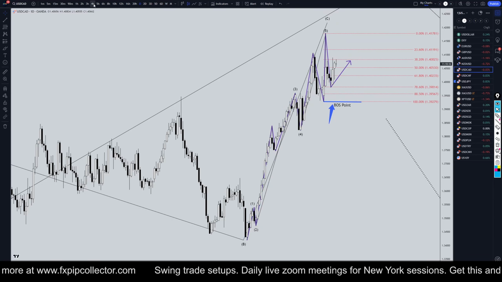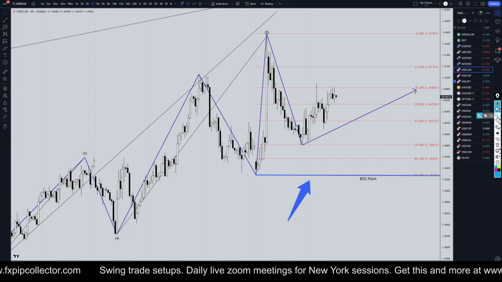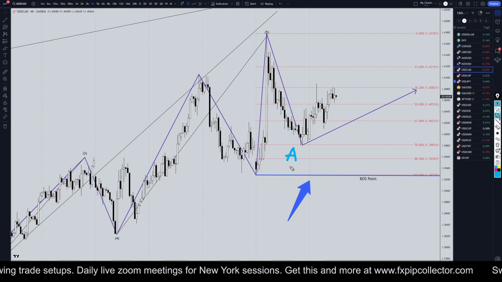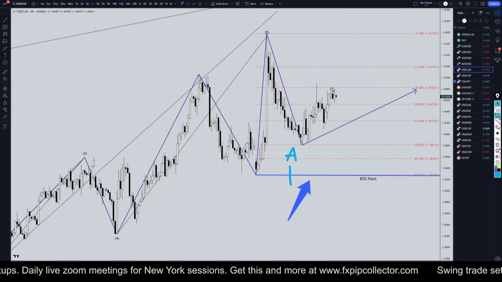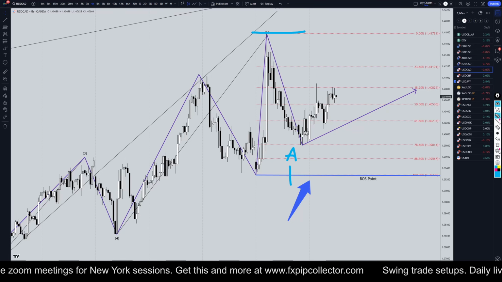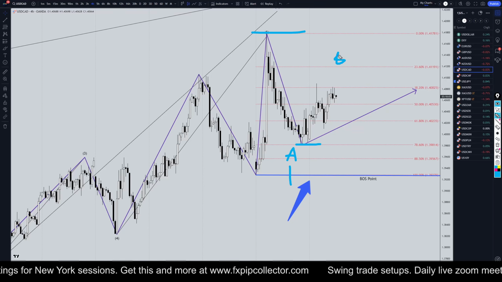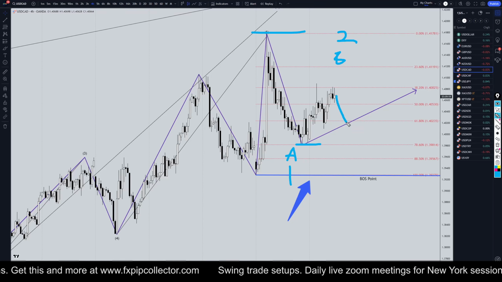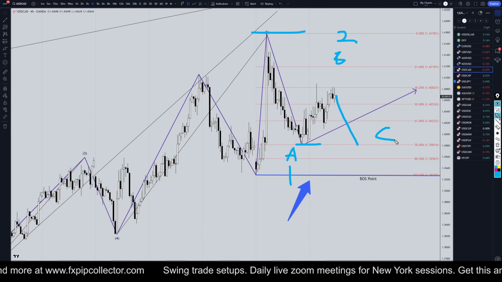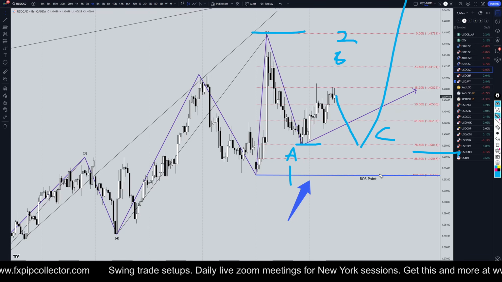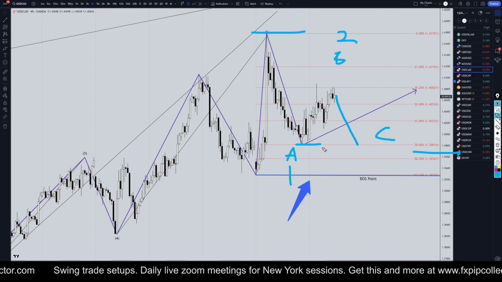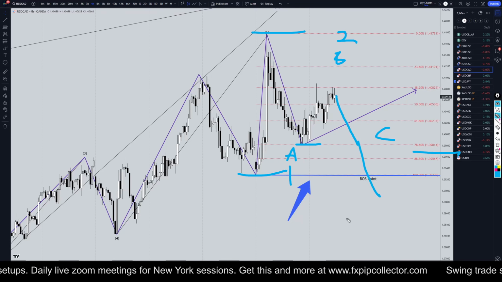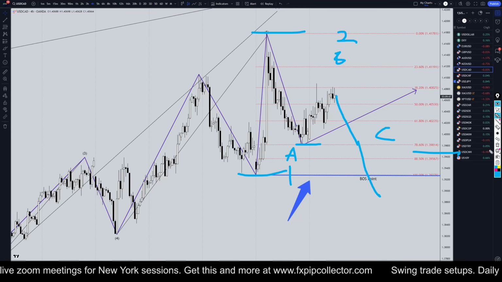So taking it down to the 4 hour time frame. Now, based on just what I think is going to happen, I do think that this is possibly an A, or maybe it's even a wave one. This move up right here, I think is likely going to end up being a crutch into this move down, probably a B or a 2. I do think there is a pretty good chance that we will end up getting a bounce to the downside for a wave C, which would likely go down to a fib level and then continue the uptrend. Or maybe it's really a 1, 2, 3 and it goes down and gives us that breaker structure that will turn us into sellers longer term.